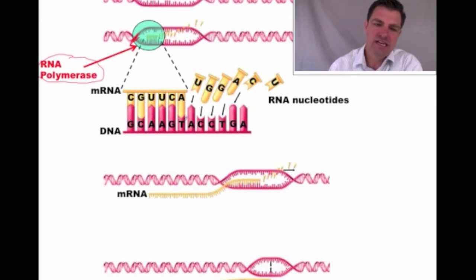So here's my DNA: guanine, cytosine, adenine, adenine, and so forth, and this is what's eventually going to be called my mRNA, which is my messenger RNA. But first we're just copying my DNA into RNA. So you notice there's my G, so that's going to bind with a cytosine, and then my C is going to bind with a G.